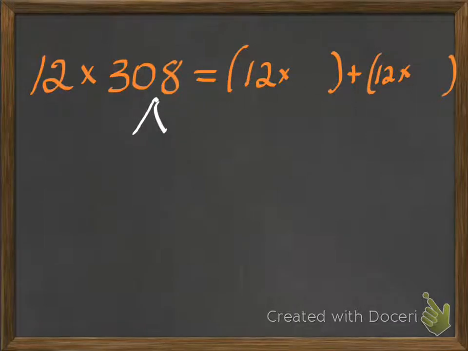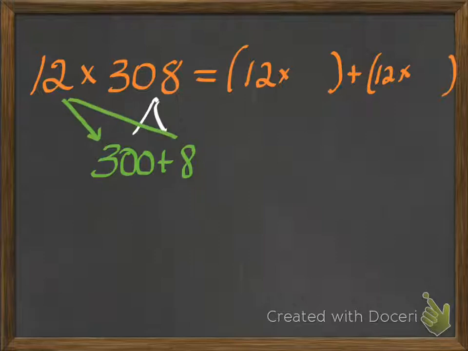Let's try another one. 12 times 308. You can see that I know it's going to equal 12 times something plus 12 times something else. Now remember what I said to always break it down into, if I can, tens, hundreds, and thousands. So I'm going to break this one into 300 plus 8. 308 is the same as 300 plus 8. So then I'm going to multiply 12 times 300 and 12 times 8. So I'm going to put that here in my equation, 12 times 300, and then I'm going to add that